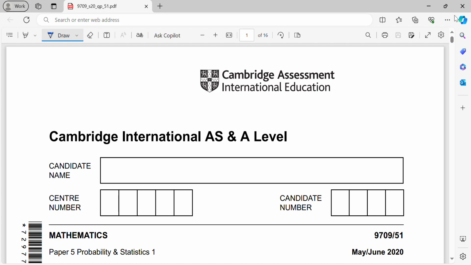This video is to discuss Cambridge International AS and A-Level Mathematics Paper 5, which is the Probability and Statistics 1 for May-June 2020, and the code is